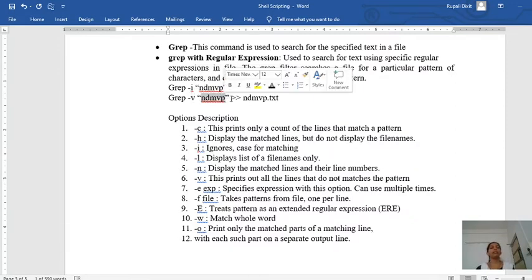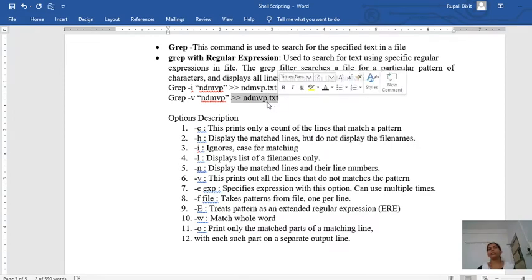It will search the specified file for the string endmvp, and everything except endmvp will be printed, copied into the endmvp.txt file.